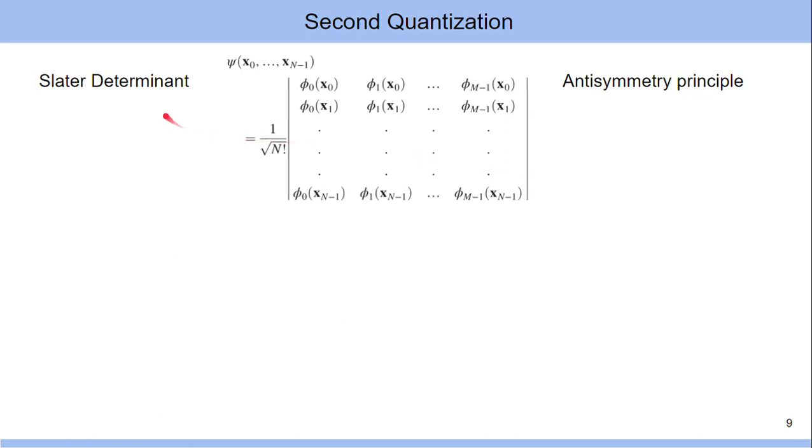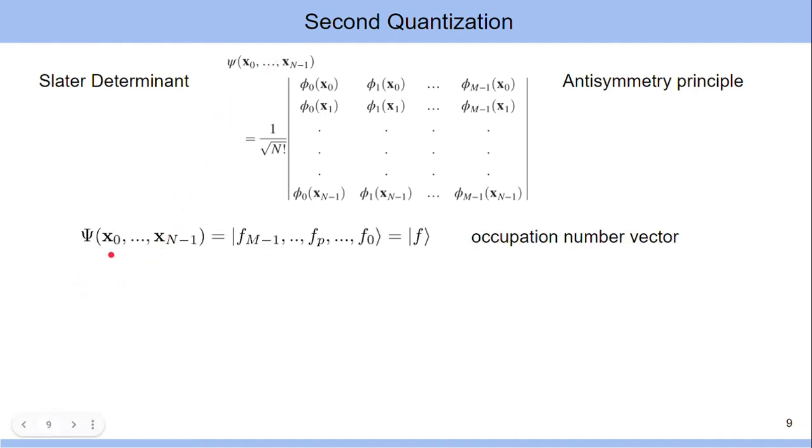Now, to implement a problem on a computer, one has to formulate the problem in terms of zeros and ones, because that is how a computer stores and manipulates data. But our electronic problem given by the Slater determinant is not present in such a form. Thus, one requires a formalism such that our electronic problem can be easily implemented on a quantum computer. The second quantization is one such method in which the Slater determinant is written in the occupation number vector form,